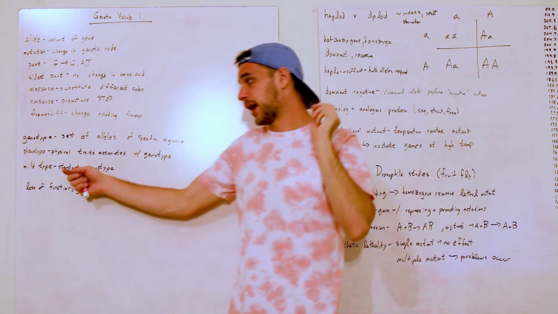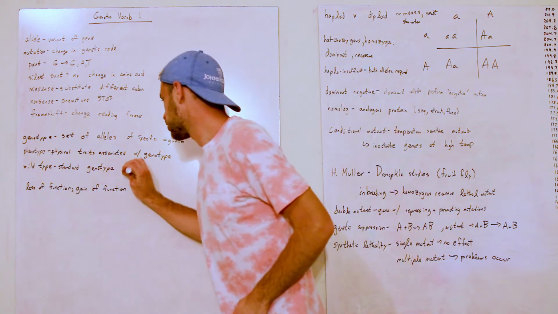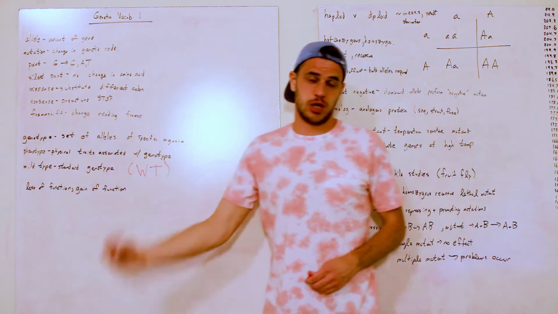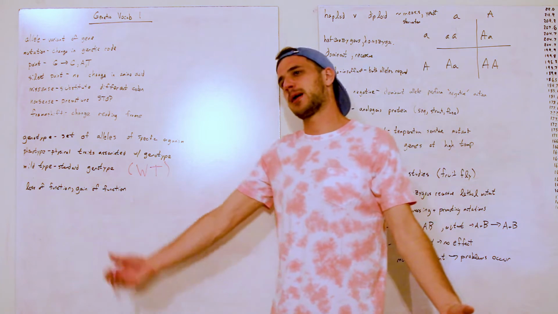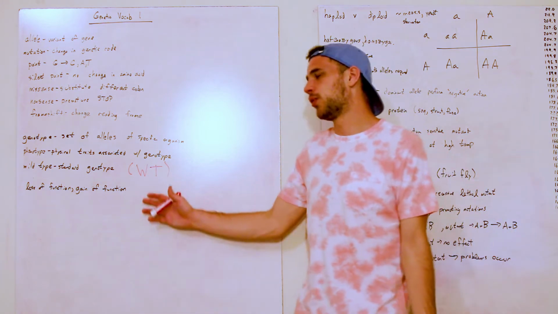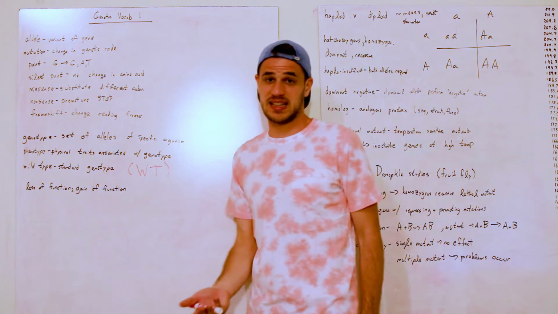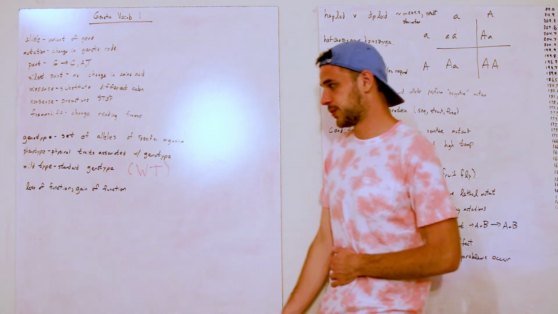And then you have the wild type. The wild type, usually shown as WT, is the standard genotype. So when somebody says we just looked at the wild type versus these mutants, it's the normal, active, general one that you're going to find in a human body or regular bacteria, and then you mutate it and you see what happens because of that mutation.